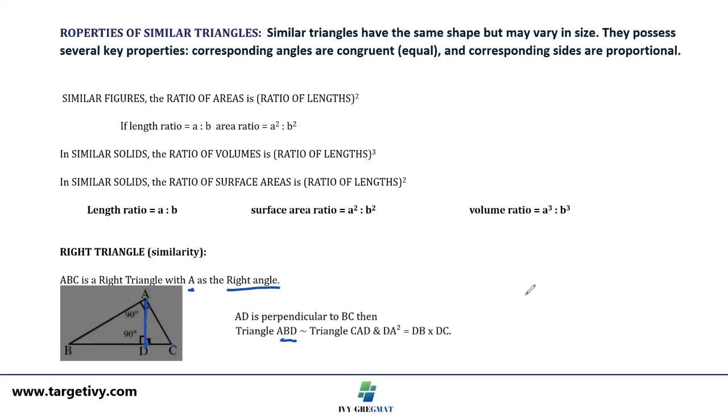Then we remember this one, dA square is equal to dB into dC. H square is equal to m into n, something like this. Say this is M, this is N. So recapitulating the old thing,